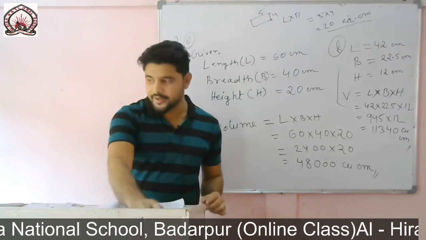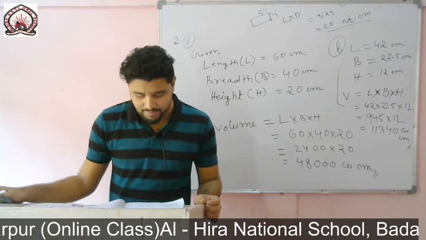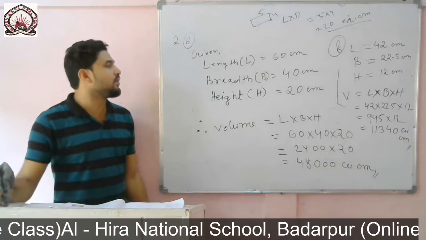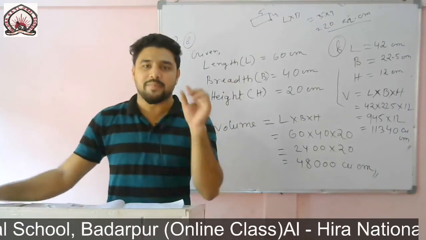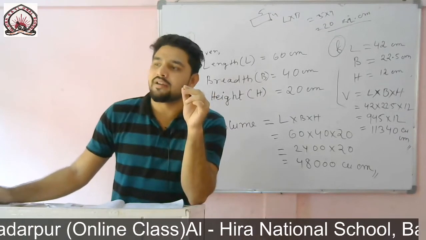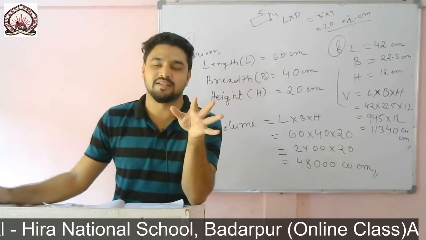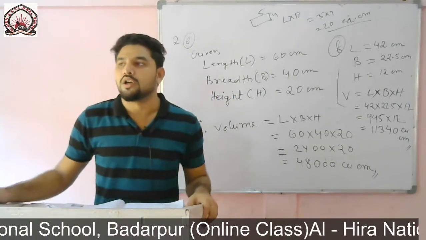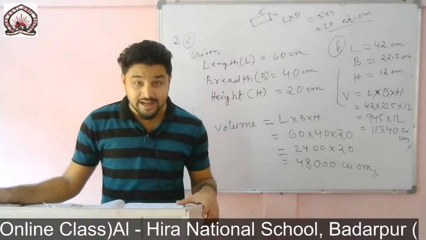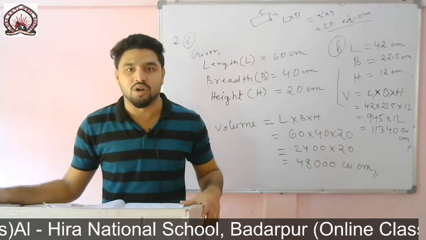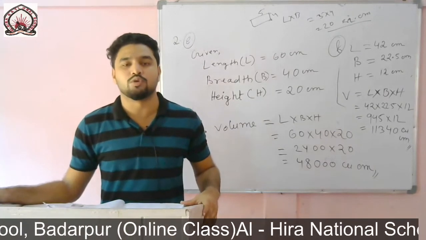Now come to question number 3. You see question number 3, what is given? Measure to the nearest whole number and find. That means you have to measure to the nearest whole number. If you have a pencil box, then you measure like 3 centimeter, 4 centimeter or 8 centimeter. Don't take a decimal number like 22.5 or 7.5 centimeter. The question says measure to the nearest whole number, so you have to take whole numbers. If you multiply whole numbers, then it will be easy.